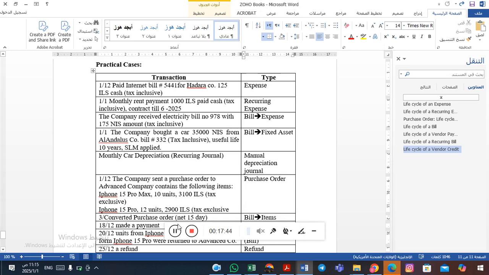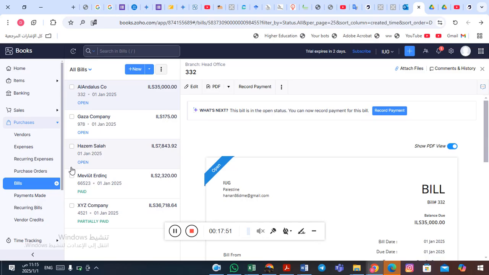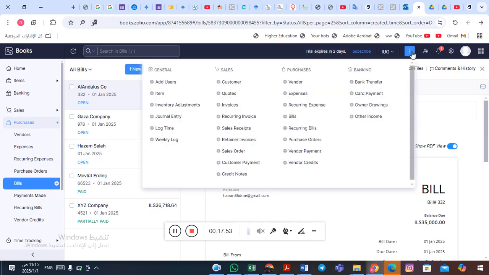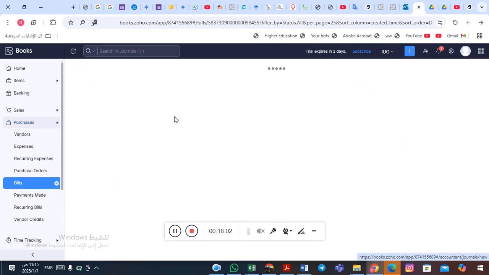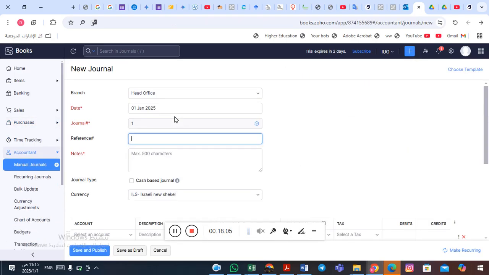So that means monthly we have the same amount during the useful life of that asset. So how can we do that? We return back to ZOHO Books, and let's click this one, and we also click journal entry, and we have to choose the date, journal entry number 1. Okay, notes, monthly depreciation expense,